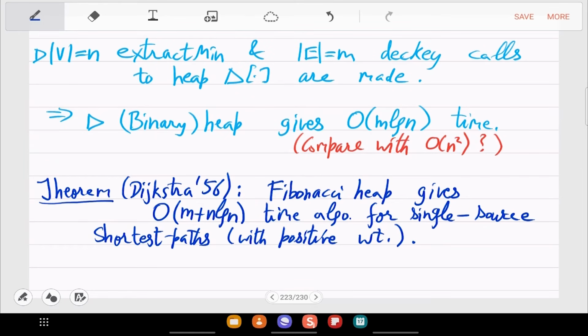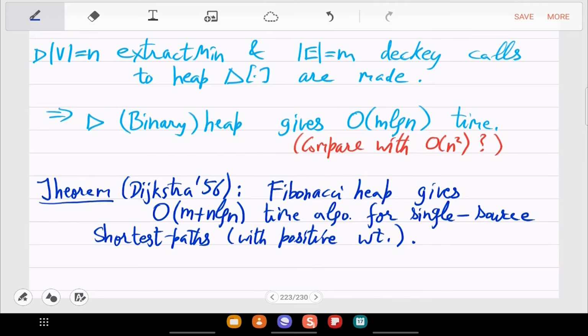Okay, so if your m is, let's say, n to the 1.5, so it is somewhere between n and n square, both those algorithms that you have seen before are slower, while this one will give you something much faster. So there are multiple options. Depending on what your input is, you can pick any of these. But I think this final one is faster than everything. This third one is the fastest in all cases. So this is the final theorem, but you have not seen Fibonacci heap, so you don't know all the details.